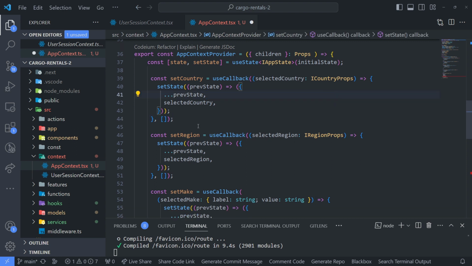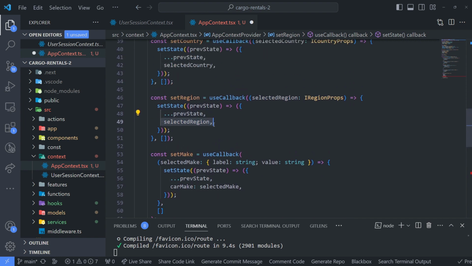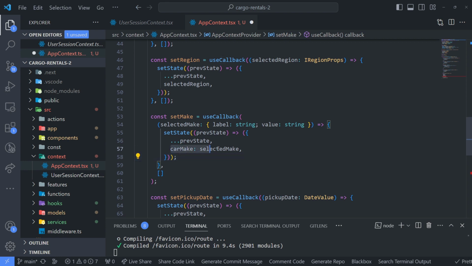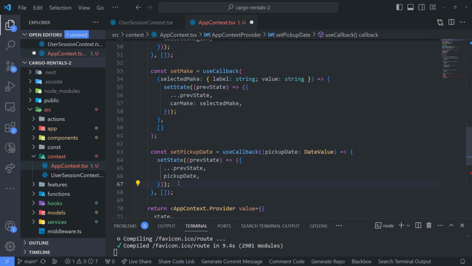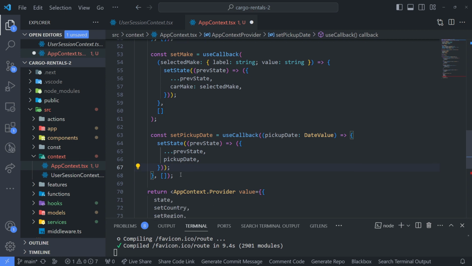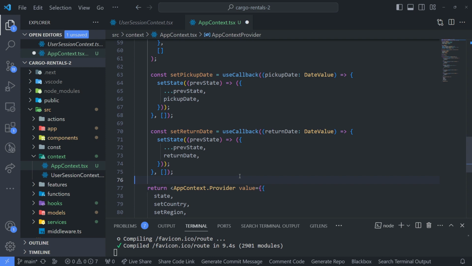Okay, so as you can see, for the regions we also pass the selected region, and then we set it. We get all the previous states, and then we just set the selected country. Same for car make, and then pickup date, and there should also be return date. Forgot that. Let me put that here as well. And we also have the return date. Okay, now